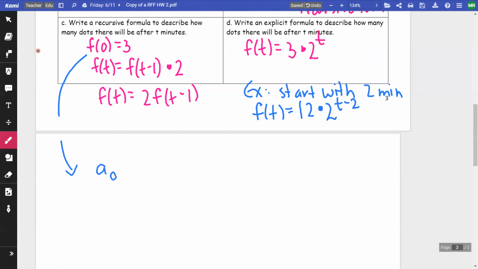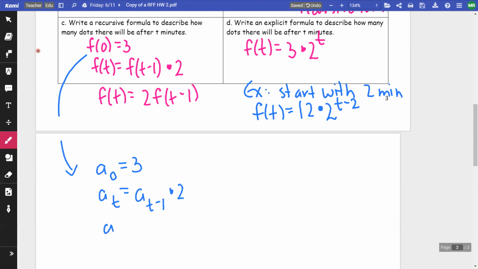You could do a sub 0 is equal to 3. That means the same thing. And then I would say a sub t, or n, we use n, but they want t here, is equal to a sub t minus 1 times 2,